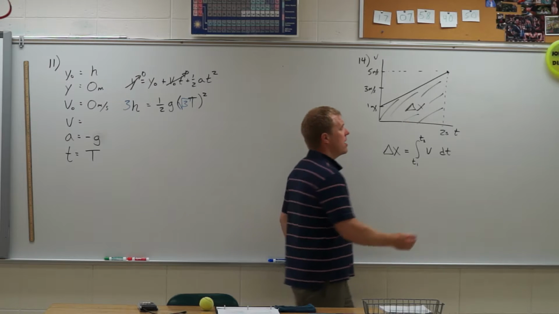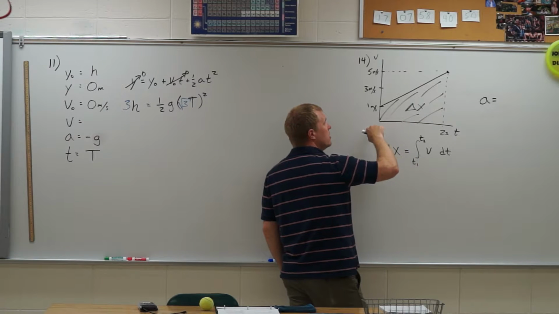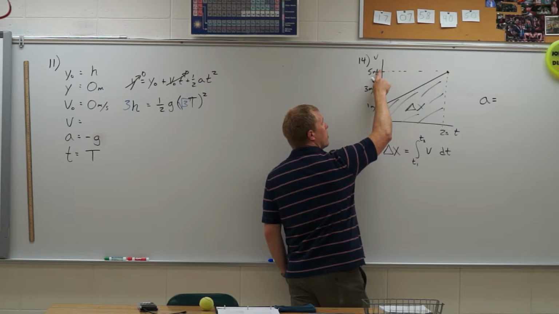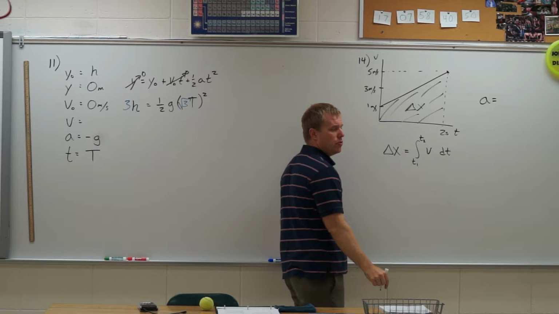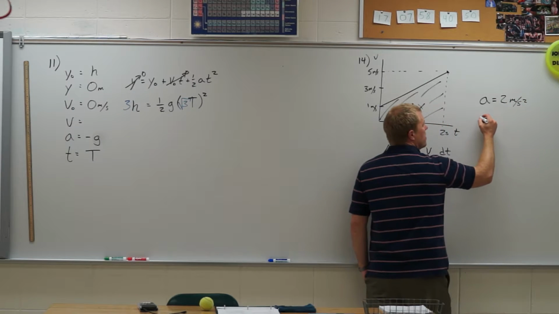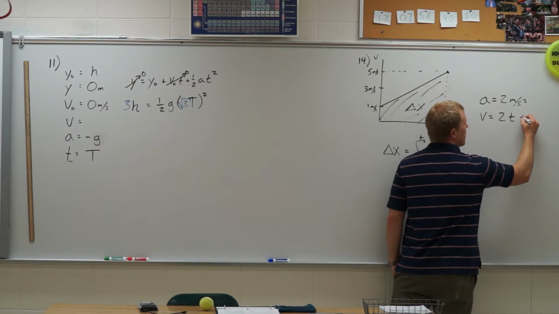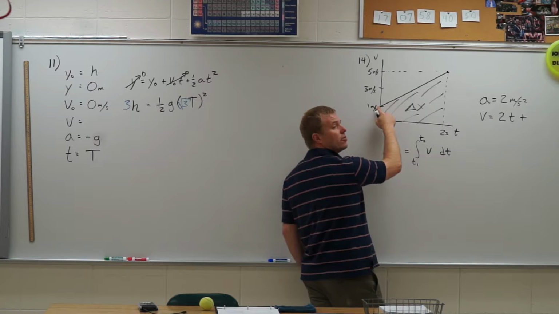Well, a function for this graph, pretty easy to start with acceleration, which is the slope of the graph. So the slope goes up 4 and over 2. So my slope is 2 meters per second squared. The velocity function will be the integral of that, so 2t plus the initial velocity, which I can tell from the graph is 1